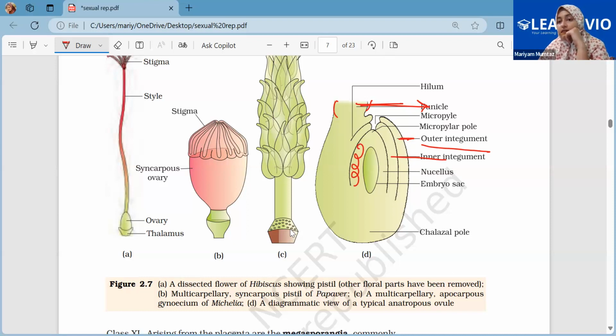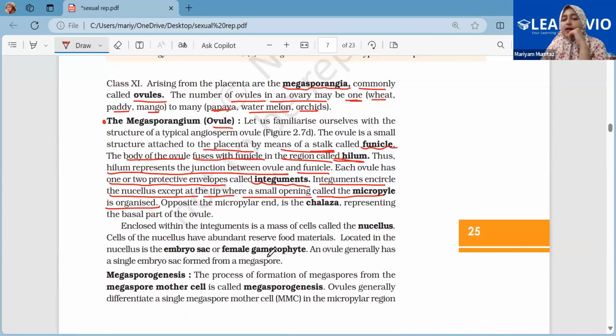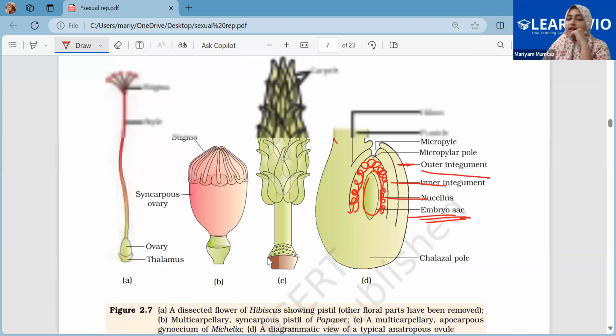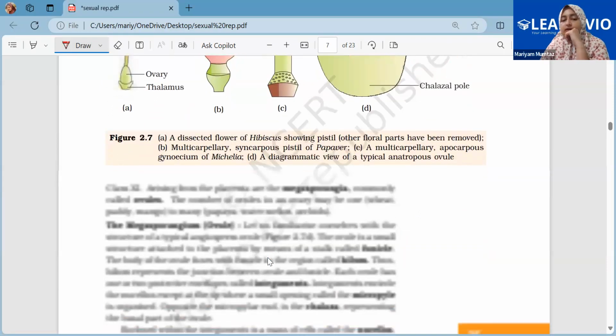It's a protective layer, protection. Got it. Yeah, so the integument, which are the protective layers, surround the nutritive structure known as the nucellus. And right inside the nucellus is the embryo sac, which is the most important thing for us to know. Now, micropyle is the opening, the point where the integument is not there, and the point from which the pollen tube will go to the embryo sac.